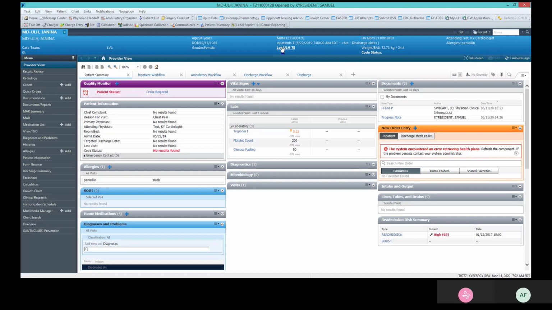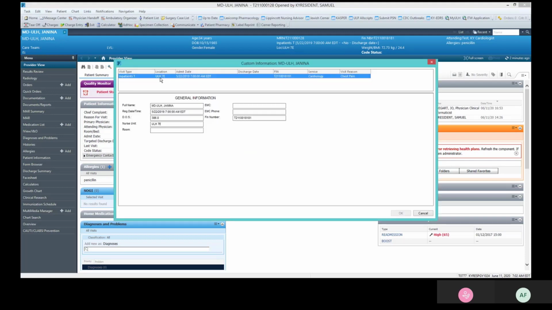Am I on the right visit? And if we weren't on the right visit, here's a hyperlink that we could actually click on, and the other visits would be listed here under visit type, and we would be able to click on the appropriate visit. If we said, hey, you know what, this location actually says Brown Cancer Center,